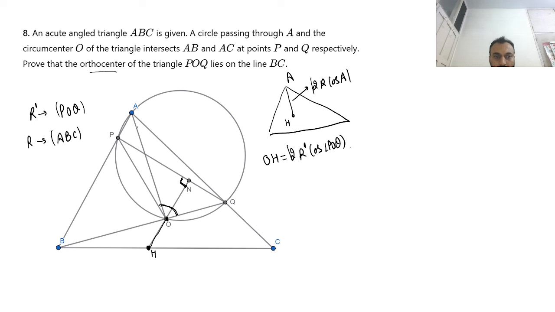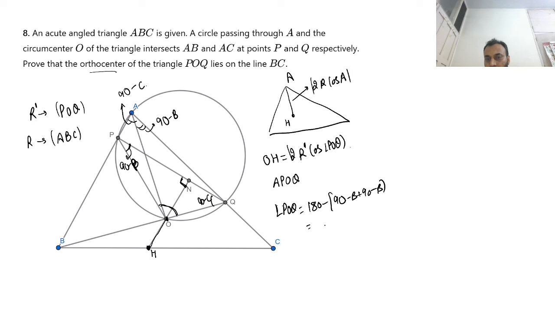I think all of you know this angle. This angle is 90 minus B, because O is the circumcenter, and OA makes an angle 90 minus B with the AC line, and this angle is 90 minus C. Now if we do the angle chasing, since A, P, O, Q are concyclic, this angle is 90 minus B and this is 90 minus C. Then by the angle sum property, angle POQ is 180 minus (90 minus B plus 90 minus C), which is B plus C,